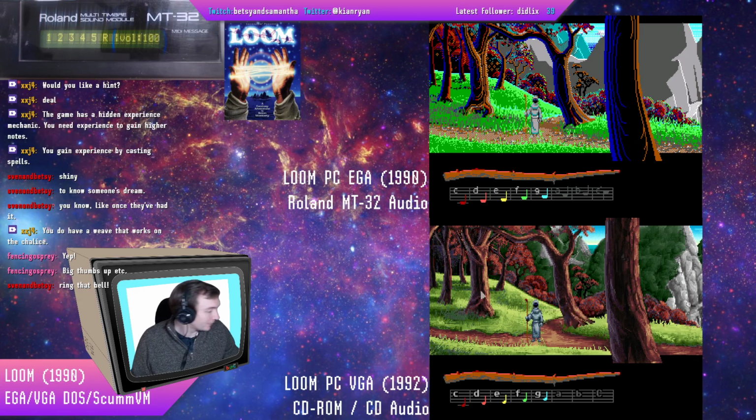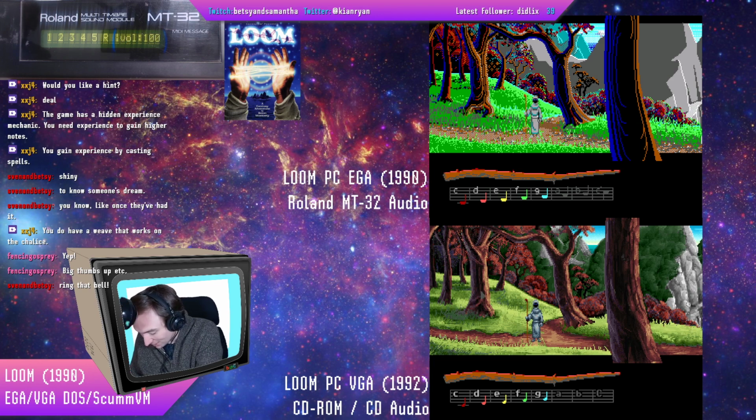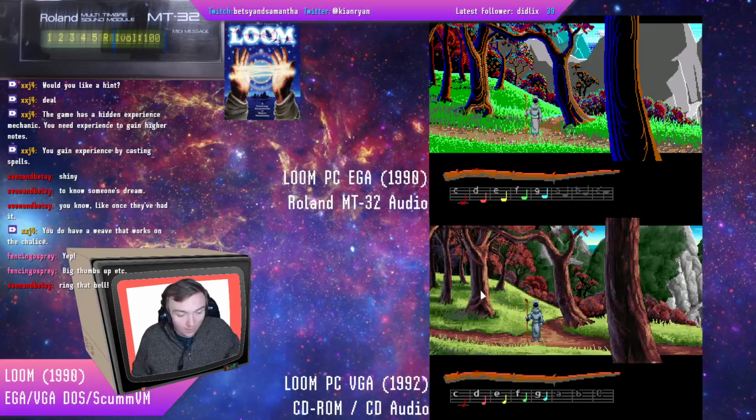I am going to put these notes safe since XXJ4 was completely right. Thank you very much for the help this evening in pointing out the experience system, and pointing out the fact that it does diverge between the different versions. Each runtime through randomizes the spells, so we will keep these safe and stick them in the book. I'd completely forgotten that was a thing. And we will go. Let's have a look and see who's available to